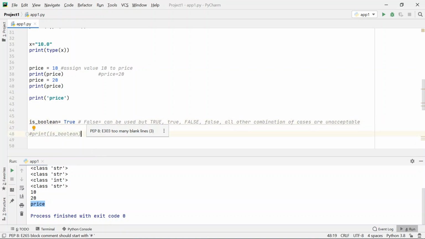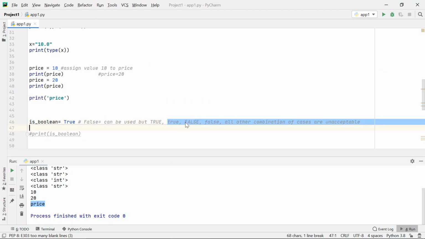Only this combination of characters is allowed. T should be capital and the rest small, and in False, only the first letter F should be capital. All others should be small. Even if you use all capital TRUE, all small true, all capital FALSE, all small false, or any other combination of cases,